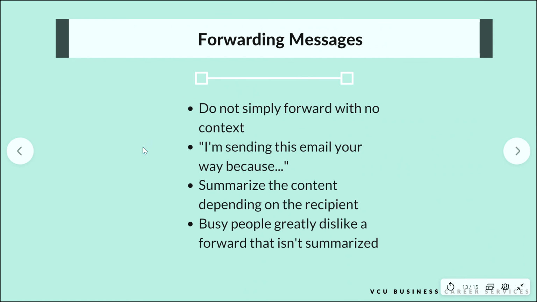Two last slides here as we go to wrap up. Forwarding messages. I know this is a very specific concept, and we might ask why we are talking about this, but it's one thing that we want to make sure we cover. Please do not just simply forward emails with no context. Be sure that when you hit forward on an email, you're saying, I'm sending you this email because, right? I'm sending this your way because, right? Give some context as to what it is and the action you want someone to take,